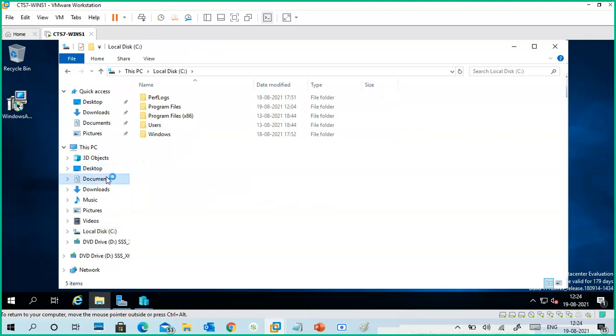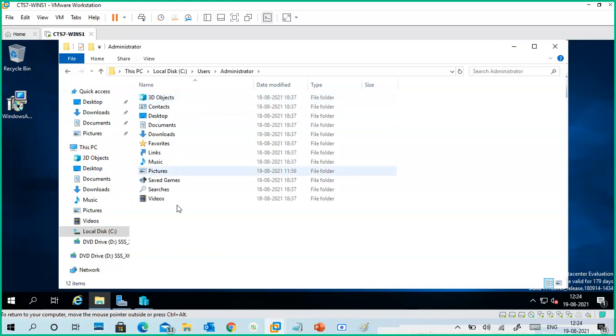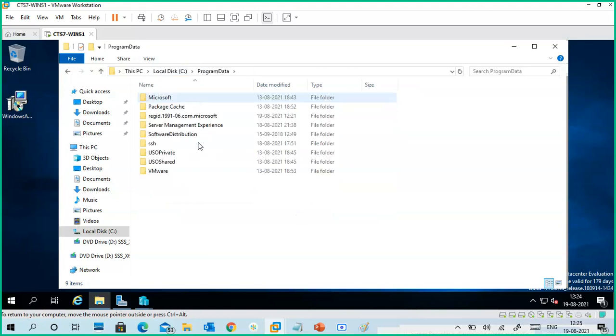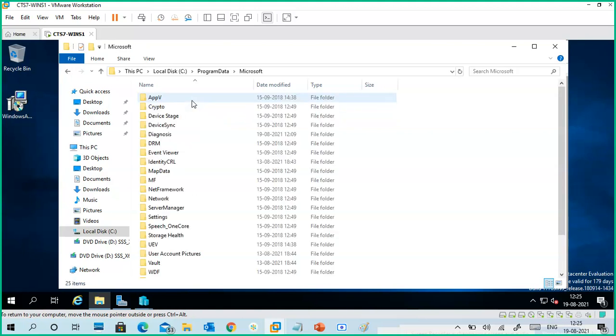Or you can use this one, like documents. No documents here, so go to users, program data. Why is it not showing here? Maybe it is hidden. This is app data. Yeah, C program data, Microsoft. No, those are just folders, don't worry about it.